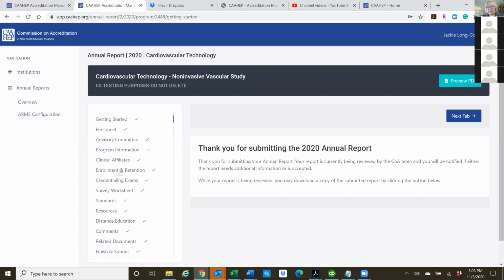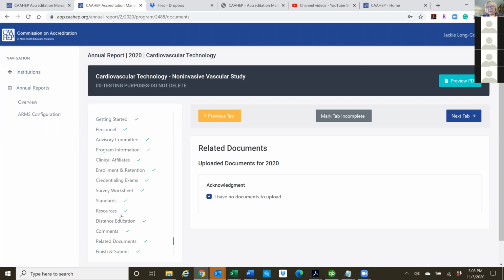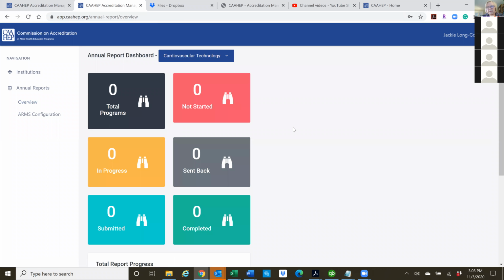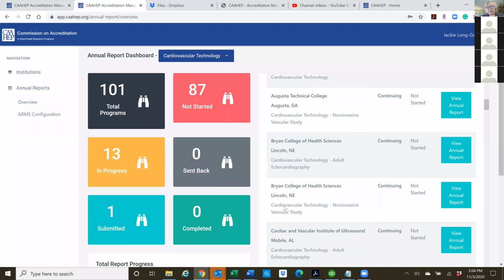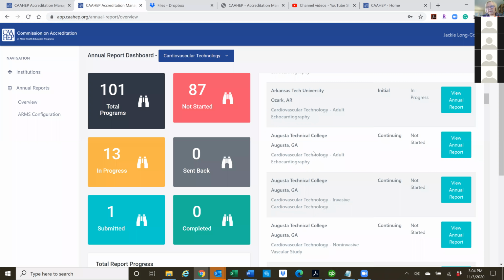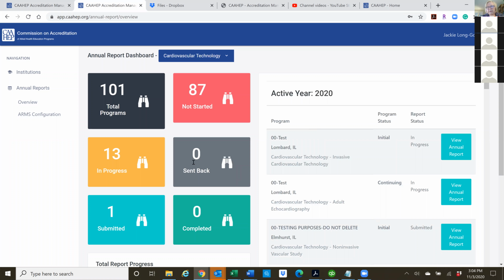Then if I get here and I see that I have a question, or you didn't relate, if we've asked you to submit progress report information, for example, in your related documents and it's not there, then I can send this back to you electronically. You would get an email from the system, and it wouldn't come from me. It will only go to the program director. It will tell you that your report has been sent back, and it will show you what the issue is. So it'll be a lot easier for me and for you, because you won't have another email that gets buried in your inbox, because it's going to be coming from a distinct system address.